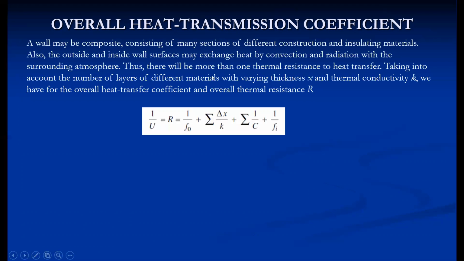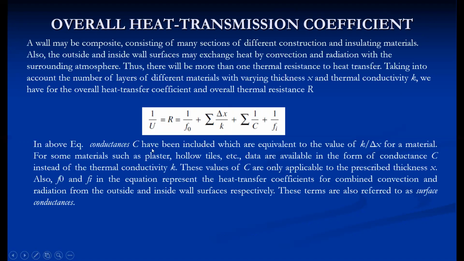So this is the overall heat transfer coefficient, which is given by this equation, where this component is the convective resistance, this is the conductive resistance, and this is the conductance from other materials. You can see in the above equation that C has been included, which is equivalent to the value of K by delta X for a material, because some construction materials are used. For some materials such as plasters,